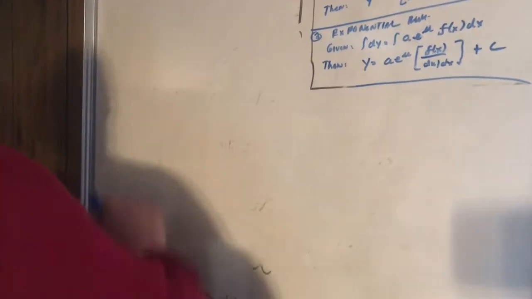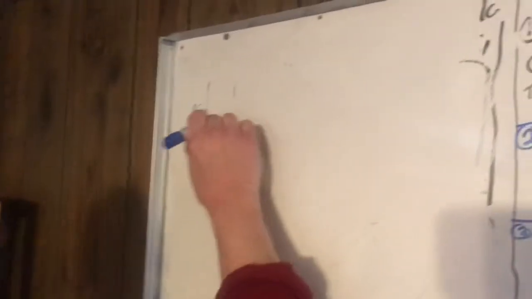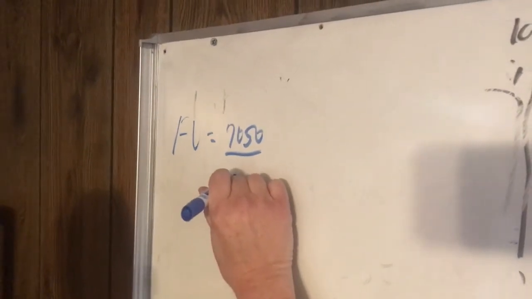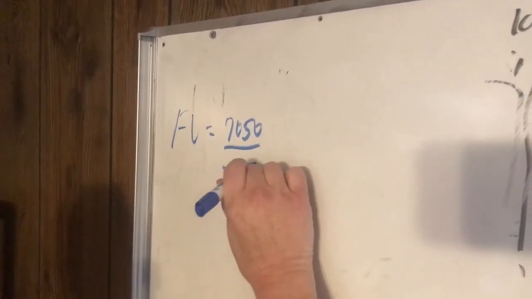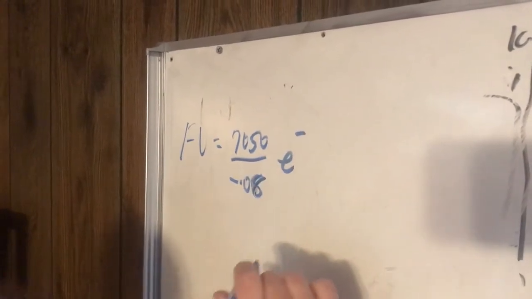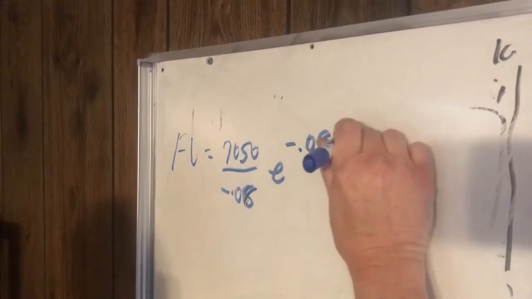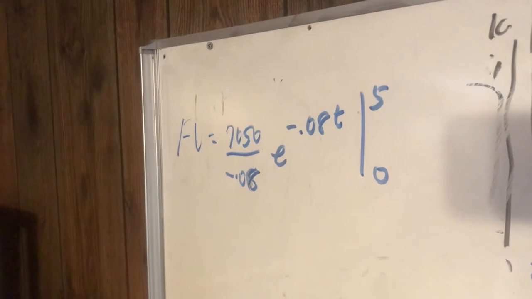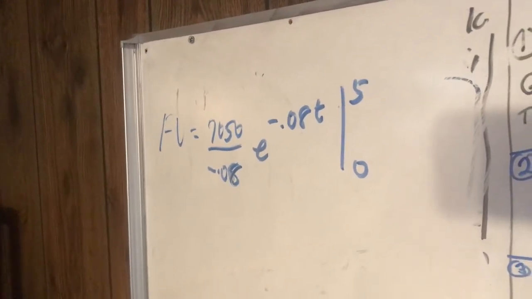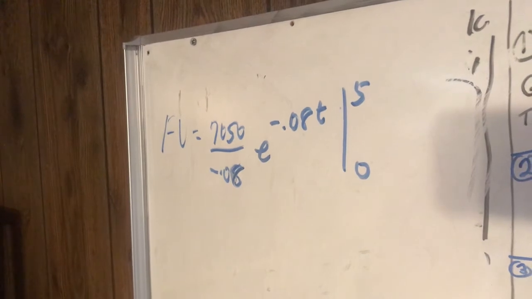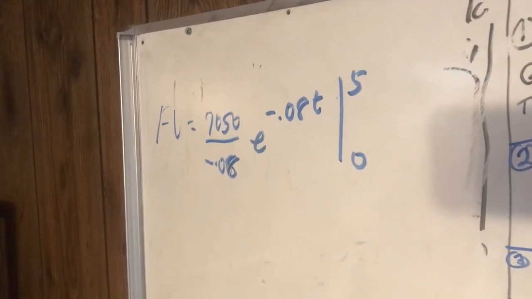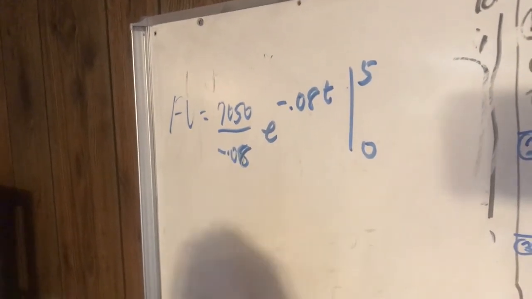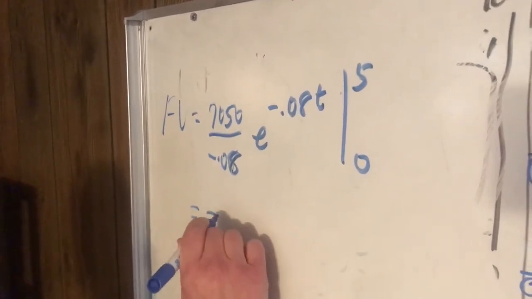memorizing them. So the future value here is going to be 7050 divided by minus 0.08 e to the minus 0.08 t between 0 and 5. So let's see what 7050 divided by minus 0.08 is. And that is actually a high number, 88,125 minus